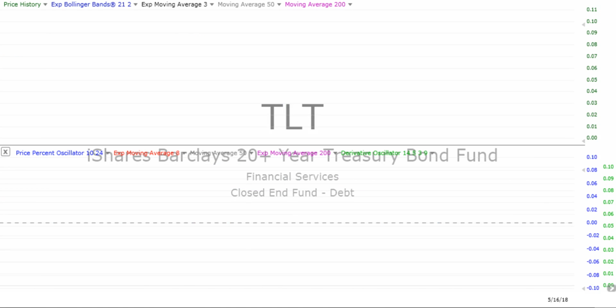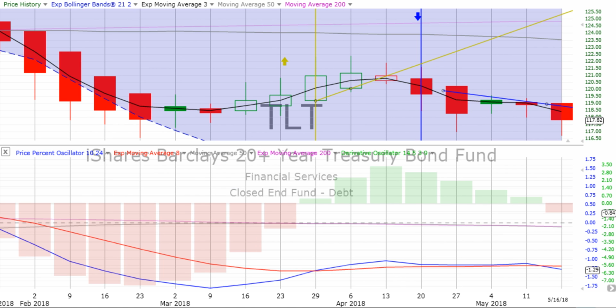Let's keep pushing through these charts. We go to 20-year bonds. Down for the day. We see again that we are looking at the weekly chart, trying its best to cross over going down. Looks like it's probably going to happen this week. It is already showing a pretty strong crossover, derivative oscillator gaining downward momentum. In the past, when it looked like we were trying to cross over going down, the derivative oscillator wasn't cooperating and we just slid sideways, almost laminating the red signal line. Well, it looks like we're probably going to get a crossover unless something wild happens and bonds just go through